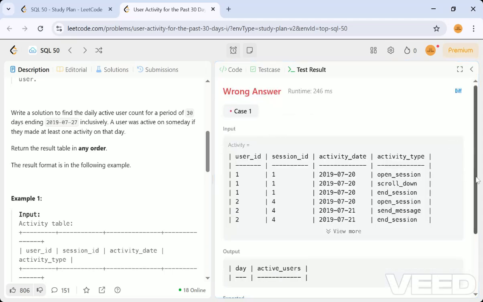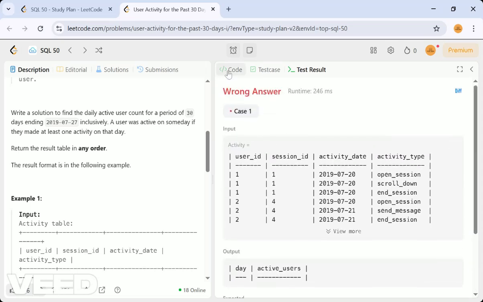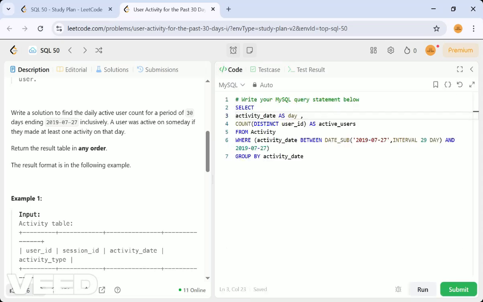Wrong answer. What have they got? Let me check. So there are no active users, no dates. So what they want is the activity date as day, okay. And then count of distinct users as active users, okay. From the activity table, okay. Where activity date, so why these braces?